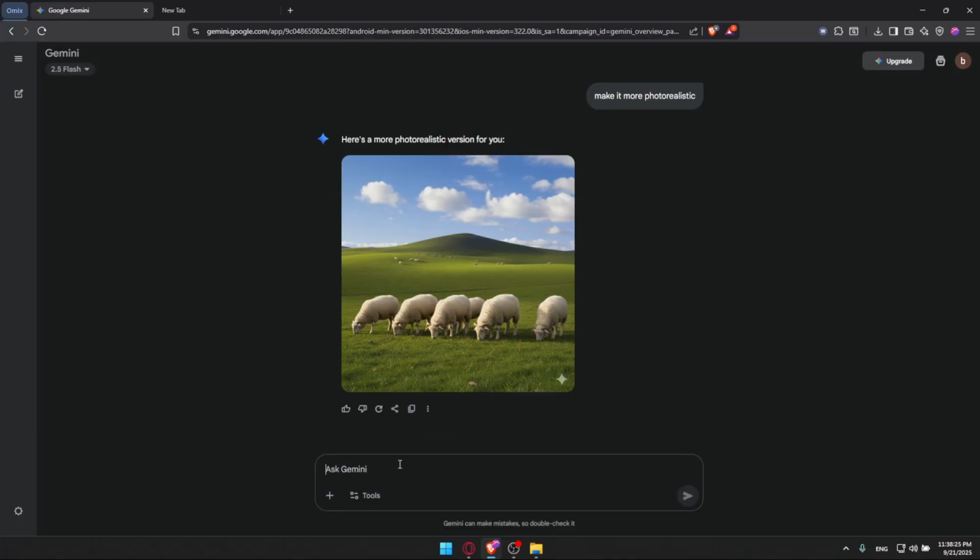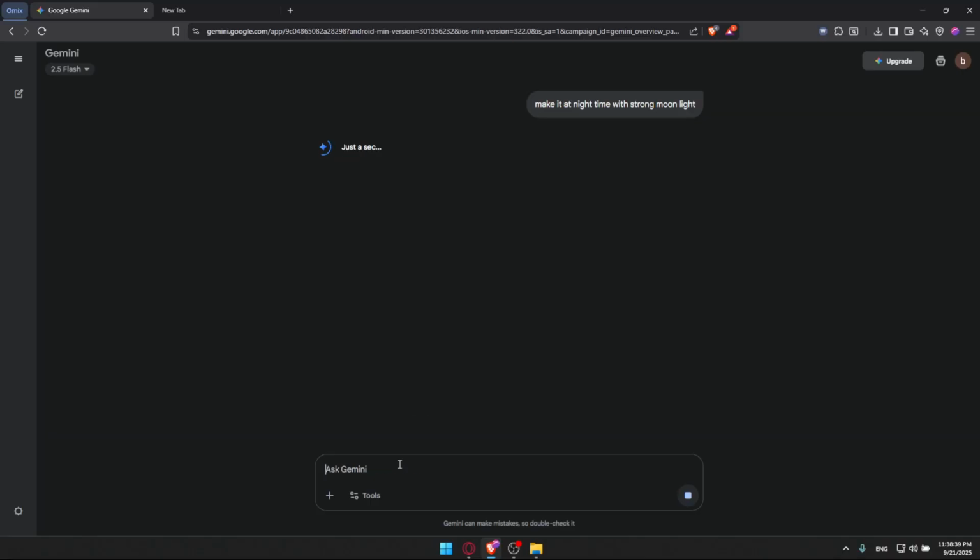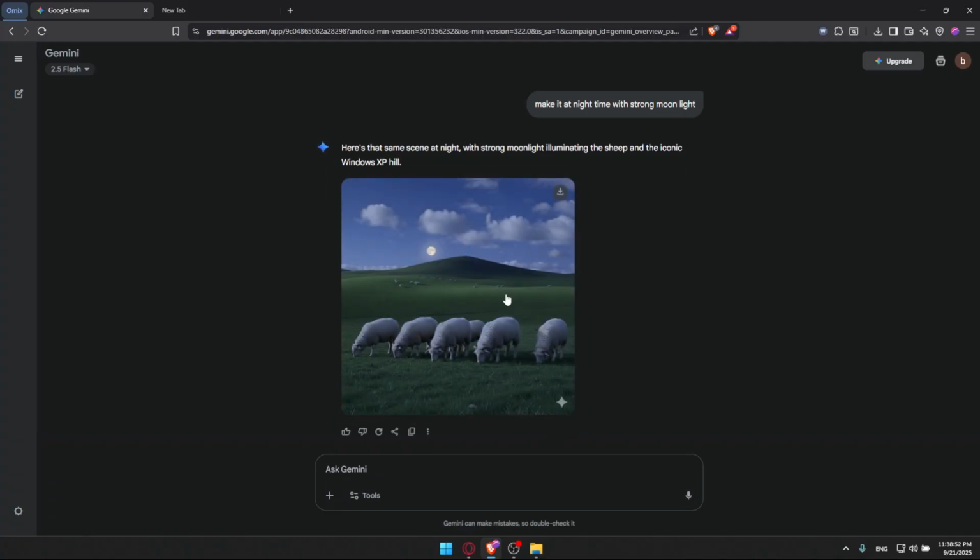So let's try to make some tweaks or some changes. Make it, as an example, night time with strong moonlight, and hit the enter button. And of course, you'll have to wait until the image is created. Once the image is created, you can always come here and ask it to generate or